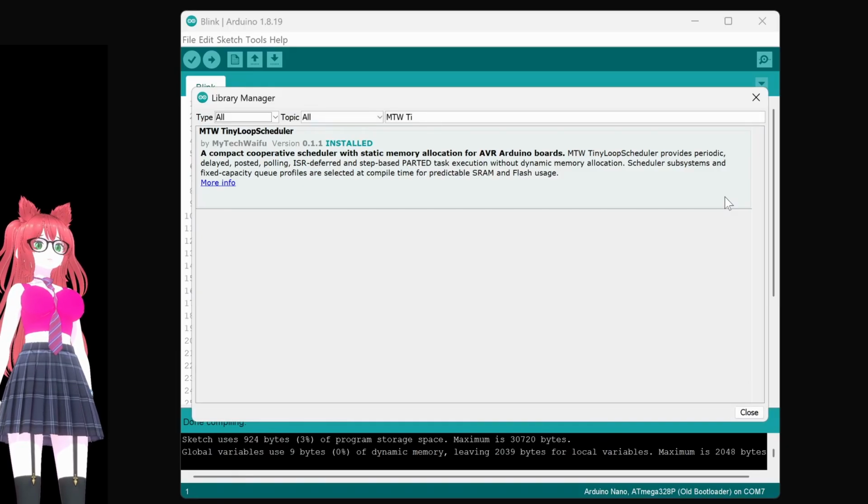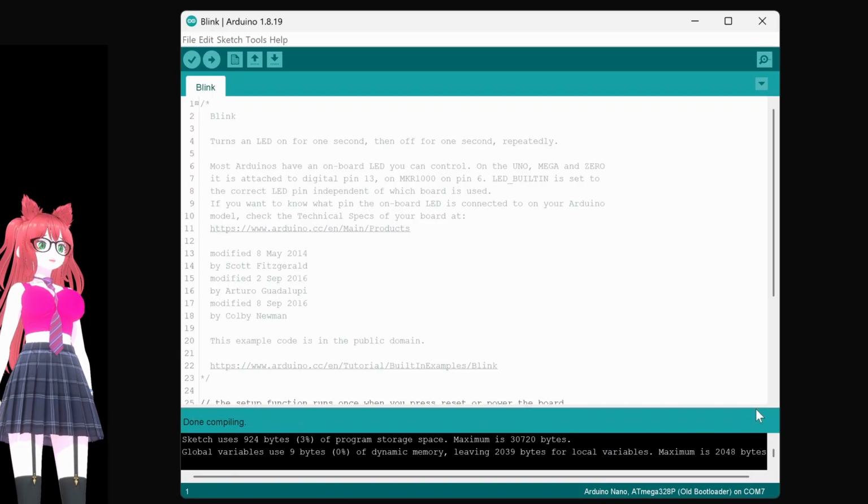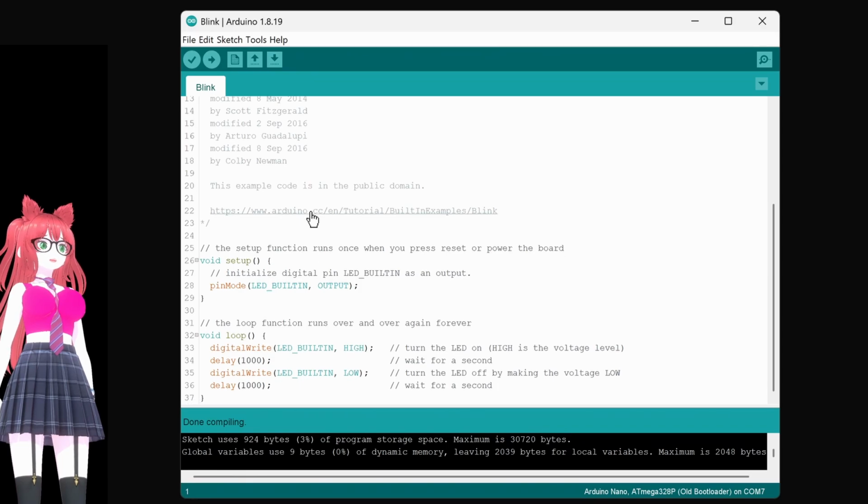One light click, and Arduino IDE begins downloading and installing the library. You do not need to copy files manually. You do not need to move folders or search through directories. Library Manager handles everything for you, while you simply remain here, relaxed, attentive, and quietly curious about what will become